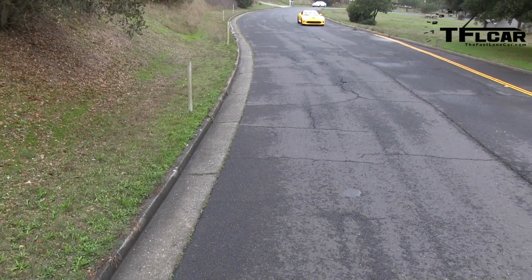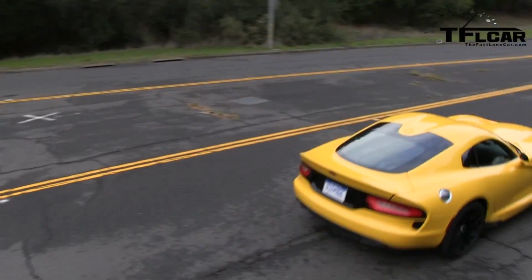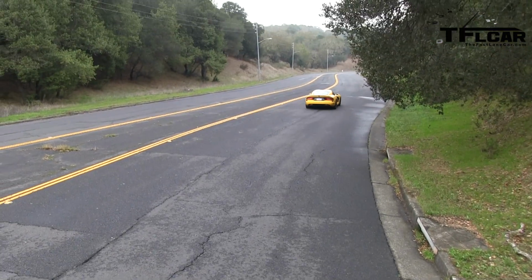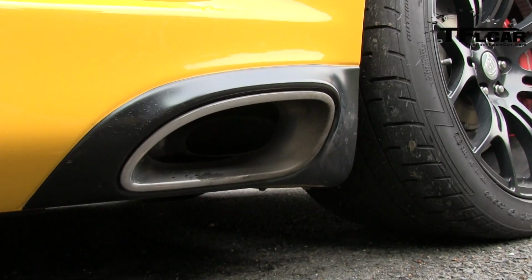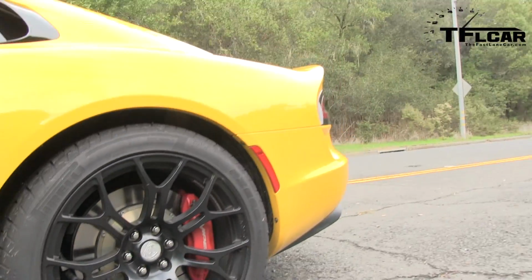Ever since the first generation, the Viper has always been about raw speed. And until this generation, the Viper has always been crude and rude in a lot of ways. I mean, you've got side pipes instead of rear exhaust. In the previous generations, you had basically a Dodge interior. With this one,